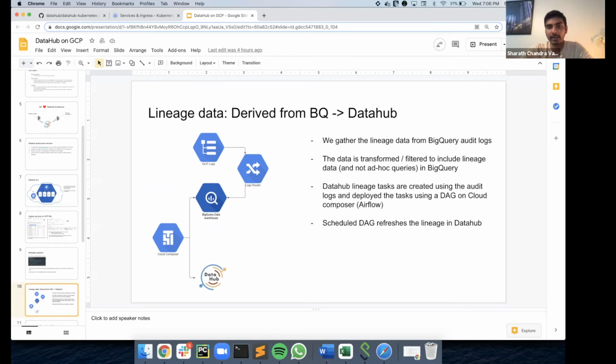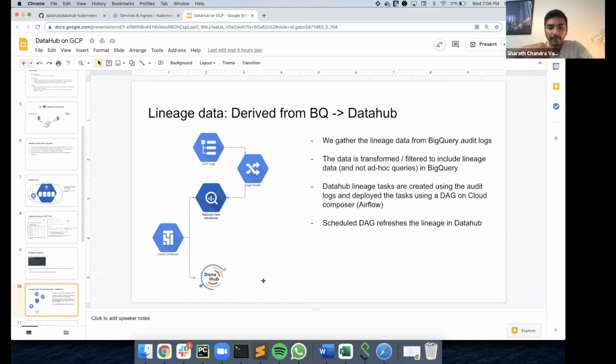I'm going to take some time and maybe walk through some of these things that we set up. But before that, just a few components that are required for this. We figured that GCP's audit query log is a very good source for understanding the lineage of data. That means every query that is run against BigQuery is captured in the audit log. Any query where a source table is a table within the information schema, and the destination table is also a table within the information schema, is safe to say a transformation record in the audit log.